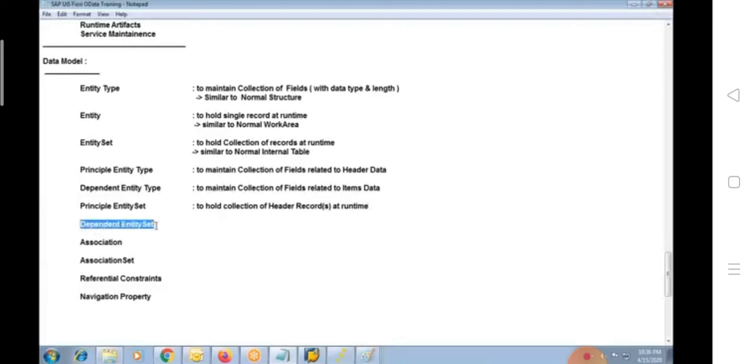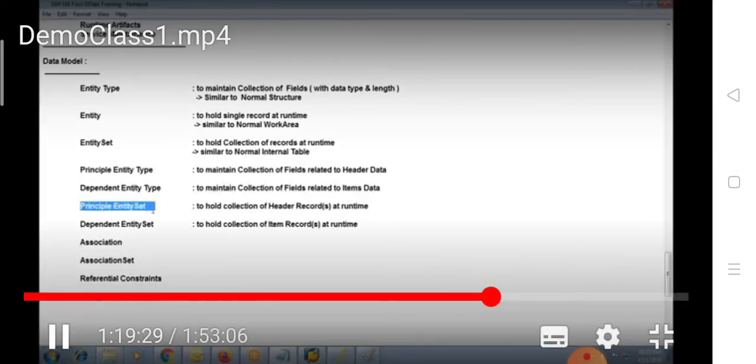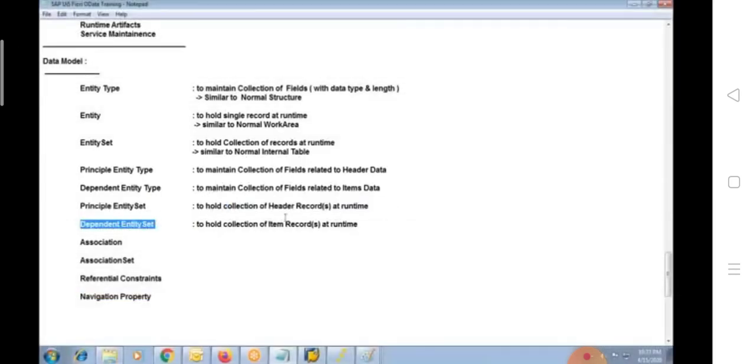And there is dependent entity set. So this is to hold a collection of item records at runtime, one or many records. So principal entity set holds a collection of header records. Dependent entity set holds a collection of item records.